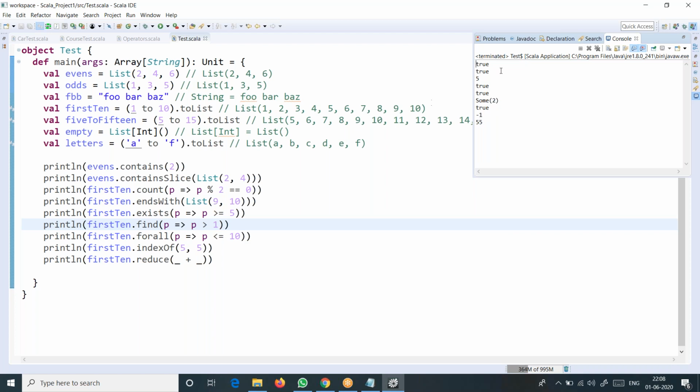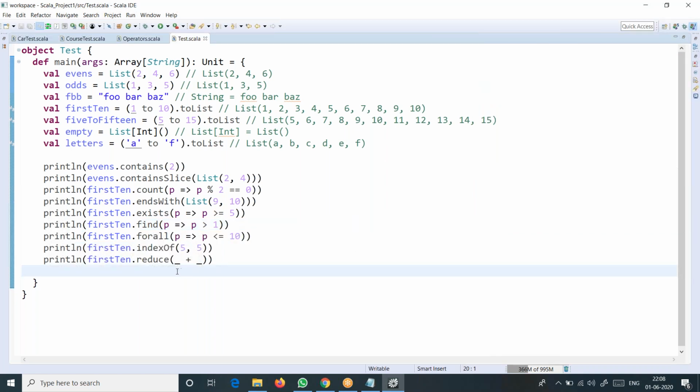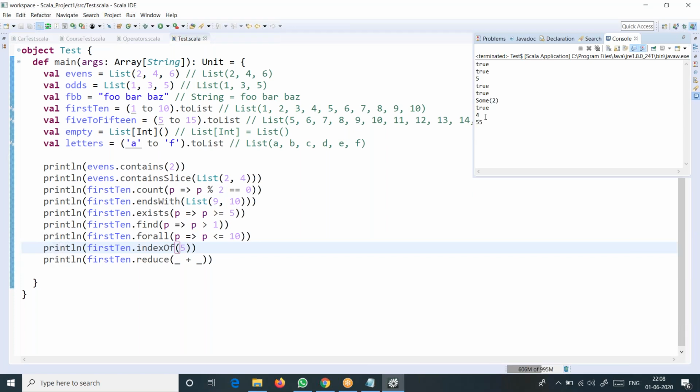And then 5, this is something we are not searching properly, because this is first 10. In first 10, what we are doing now, the index of 5. Let me just show you like this. Index of 5, let me show you this first. That is 4, correct.